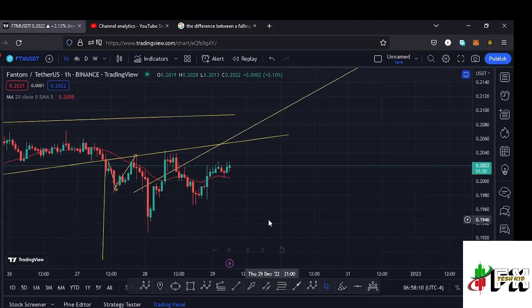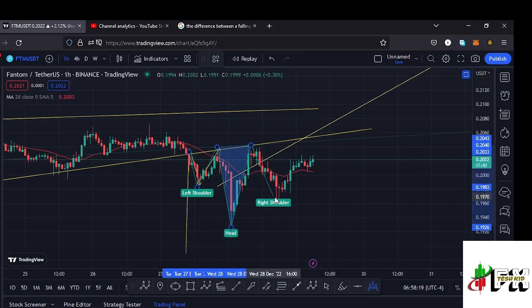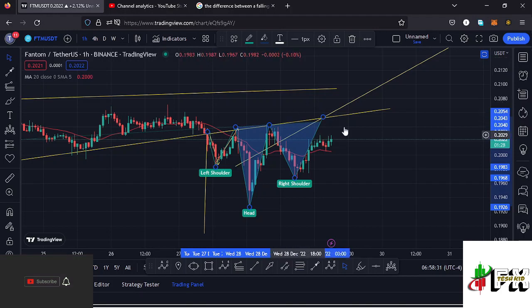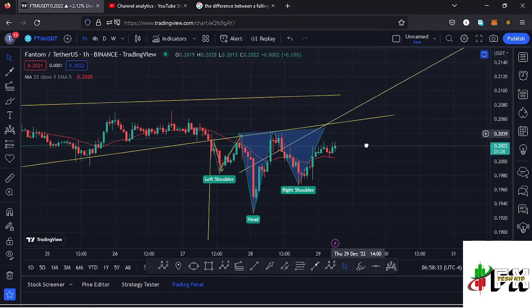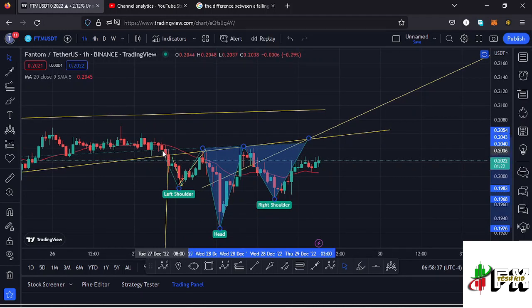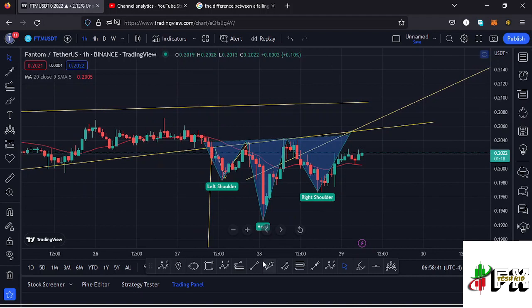that chart pattern is an inverse head and shoulders pattern, and if I draw it out, we can have that as the left shoulder. Then we have seen the formation of the head, then the neckline. We have also seen the formation of the right shoulder right here, which is just about to come to a completion. And once we complete the formation of this right shoulder, then we can expect a breakout to the upper side. And this is a chart pattern that normally breaks to the upper side, having the minimum target area of the breakout being given by the height between the neckline and the head.